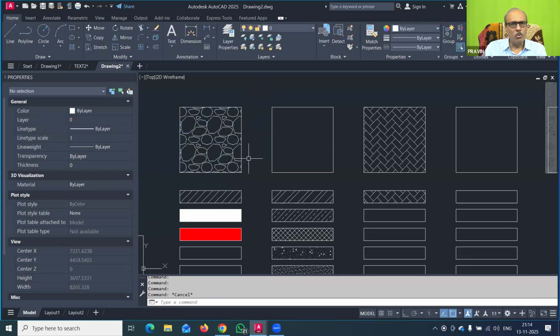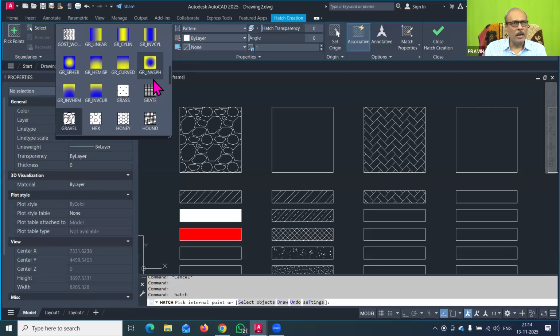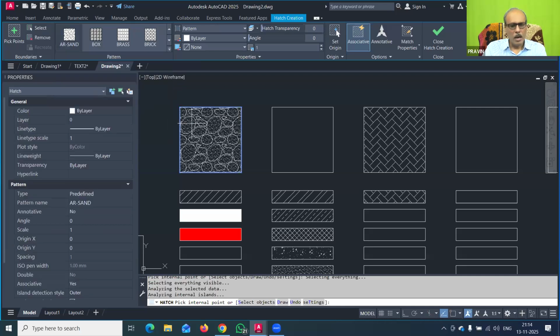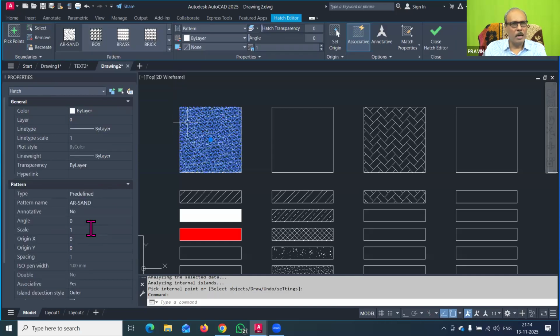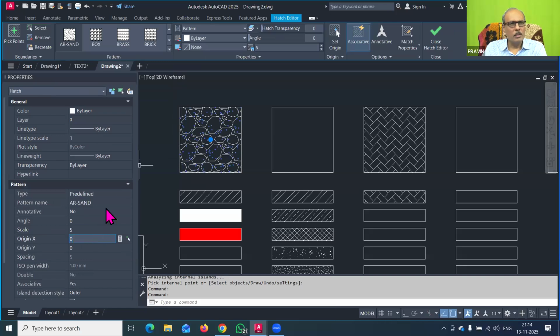Over that, if you want another filling, again you can go here, hatch pattern, open this hatch pattern panel, scroll up or down, and select here AR sand and click here. And now, yes, the sand pattern was applied. Select that sand pattern and just make the scale 5. Or you can also check the scale as 2.